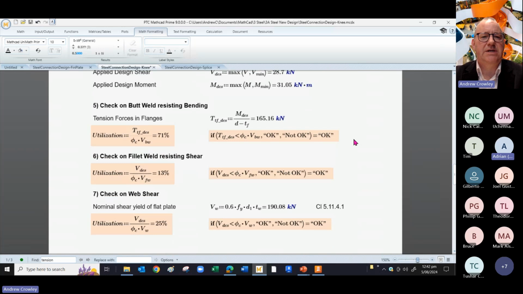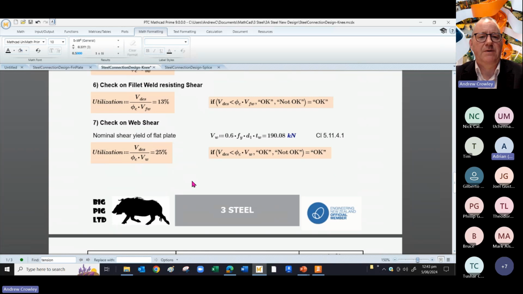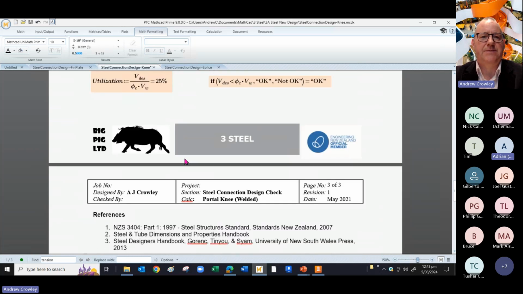So we begin with a check on the butt weld resisting bending, and so the tension forces in the flanges are simply the applied moment divided by the lever arm. So this is the depth and the distance between the centroid of the flanges in this case. Look at the fillet weld resisting the shear. So we know what our applied shear load is and our shear capacity of that. Check on the web shear and we compare that to the capacity, and in each case we're below the capacity. Okay, for a final one,